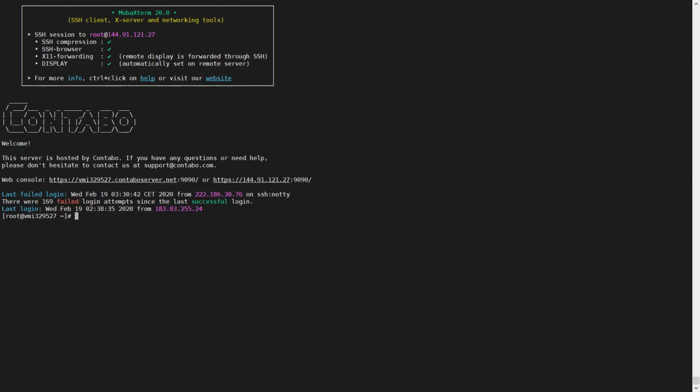Can you see my screen now? Yes. Yeah, here I wanted to understand these values. What are these values? What is SI, what is SO, BI, BO, what is SWPD, what is free, and what is